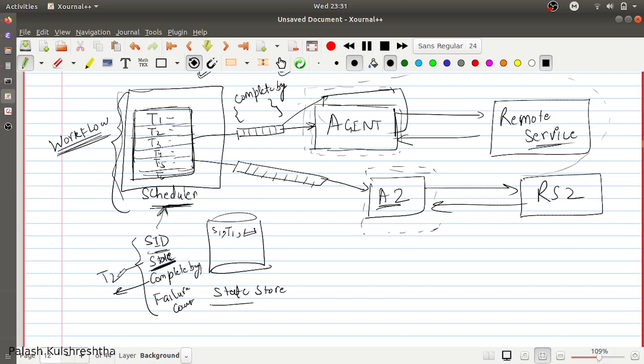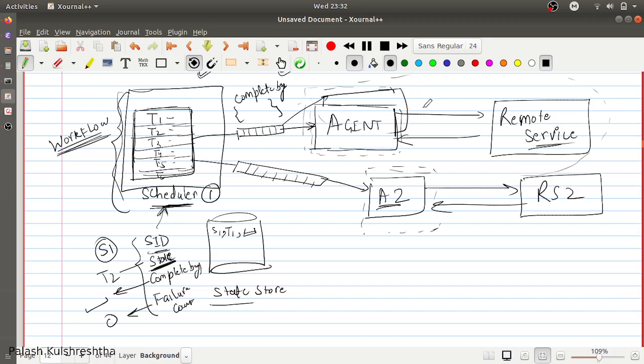So this was T2, for example. This was scheduler 1, so it is going to be S1. And the complete by time was, let's say, 5 minutes ahead of the current time, and the failure count is going to be 0. And the scheduler is going to ask the agent to do a particular piece of work.